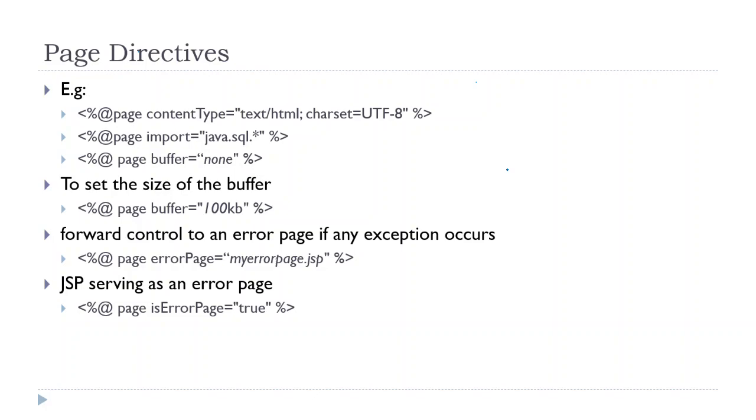We'll see some examples of how we can use the page directive. So here in this tag, which denotes the page directive, we can specify attributes. We can specify these attributes in the same line separated by a space, or we can write each attribute in a separate page directive. Both are acceptable. So to set the content type to text/html with the character encoding UTF-8, we can give an